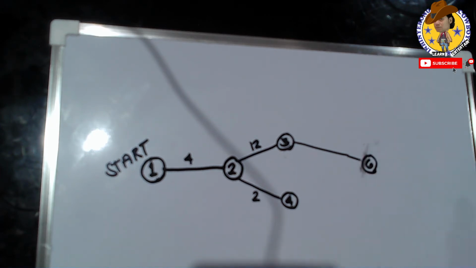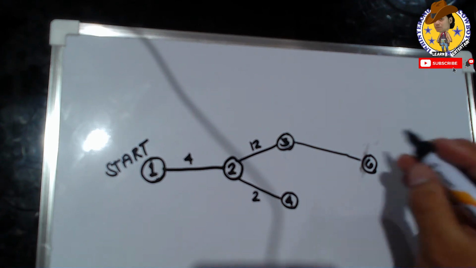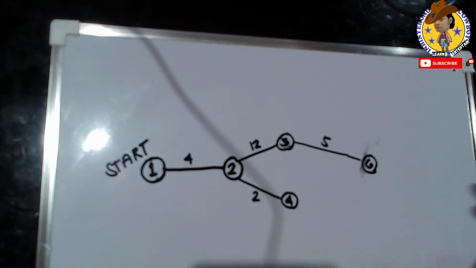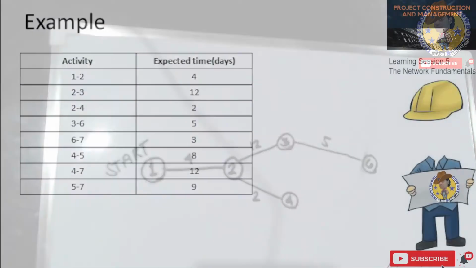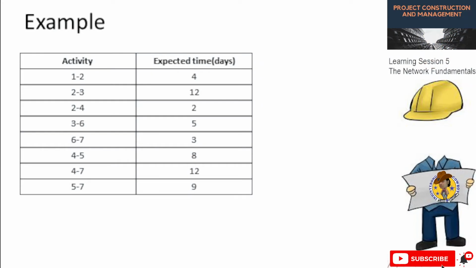Okay, so 3 to 6 is 5 days. Okay, so 5 days. 3 to 6 is 5 days. Next we have